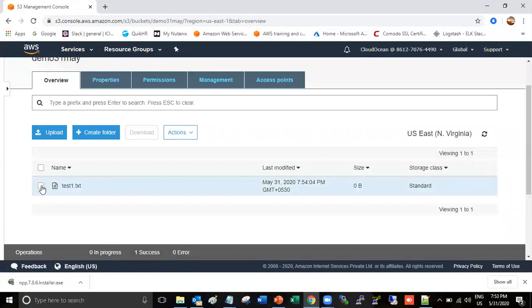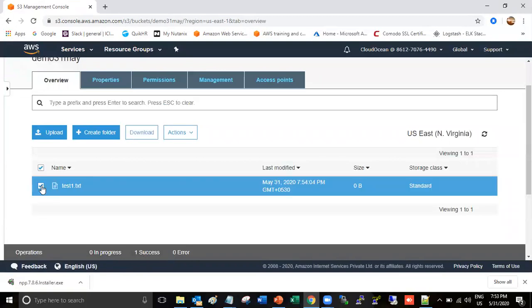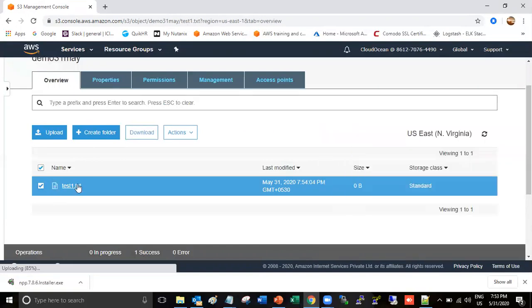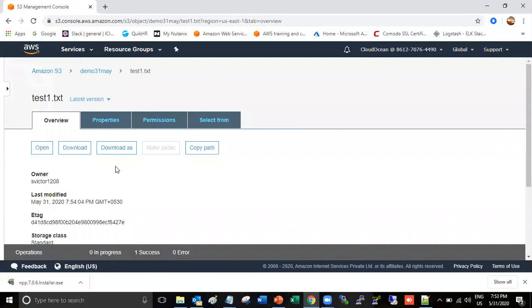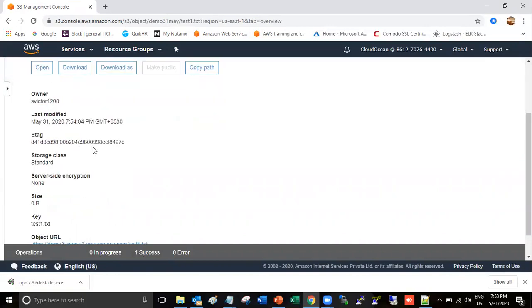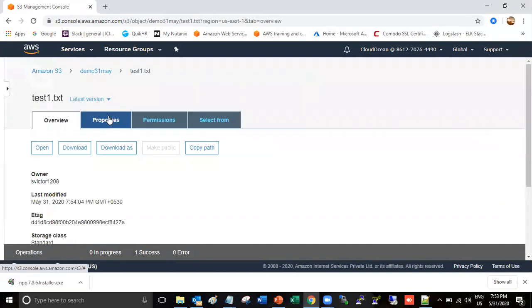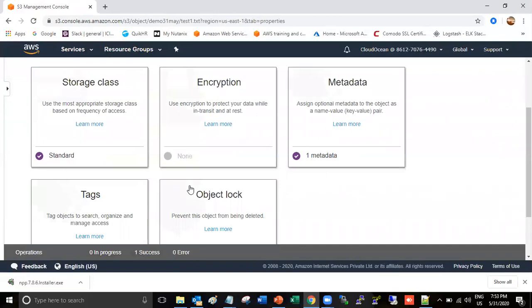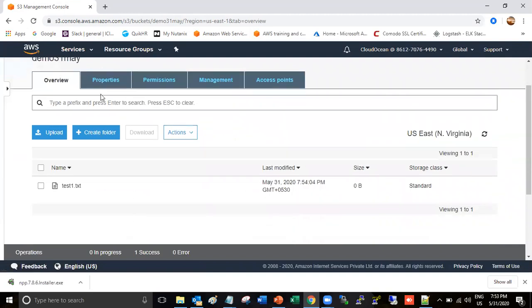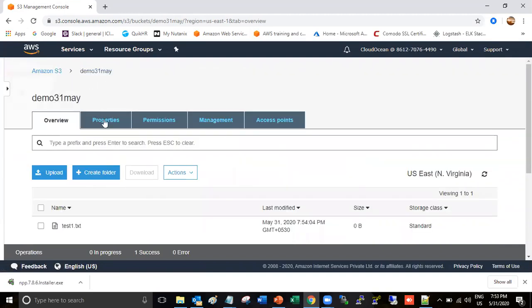Now if you click the file, you can see these are the details. Okay, right now I'm inside the bucket.